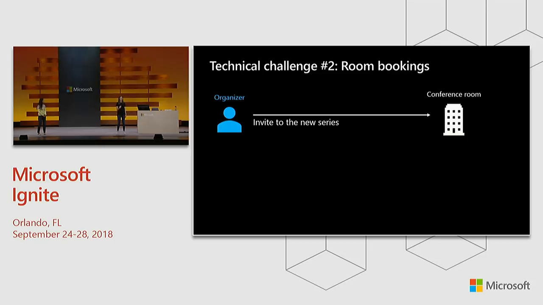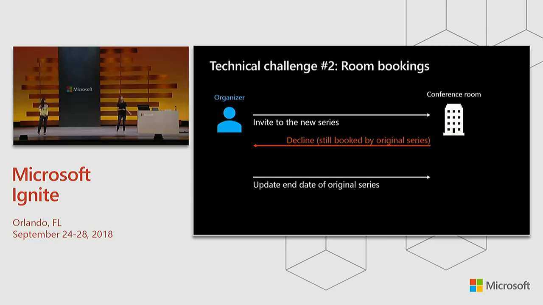So the conference room gets that new invite and is like, nah, no thanks, I'm already booked. And they decline the invite to the organizer, and then your update goes out, and then the room accepts that. So you've lost the room as part of an edit from this date forward, and we don't want that to happen. So what we've done on the organizer's side, and we did this on the organizer's side because we know